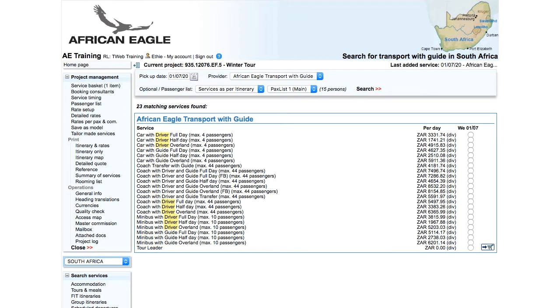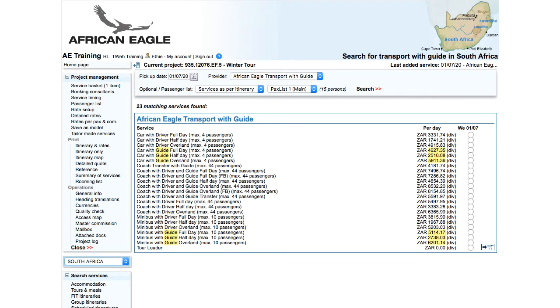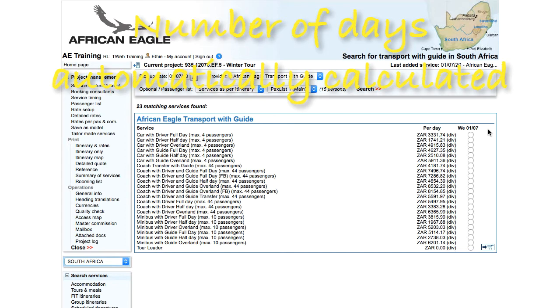If there is only a driver, the driver will take some responsibility for interacting with suppliers, mainly dealing with porters and hotel check-in and out, but drivers are not expected to give any commentary. Guides get paid more than drivers because more is expected of them. In terms of the qualifications required, as well as language skills, guides need to be able to speak the passenger's language. In terms of the length of day, full day, half day, or overland, the system will automatically calculate the